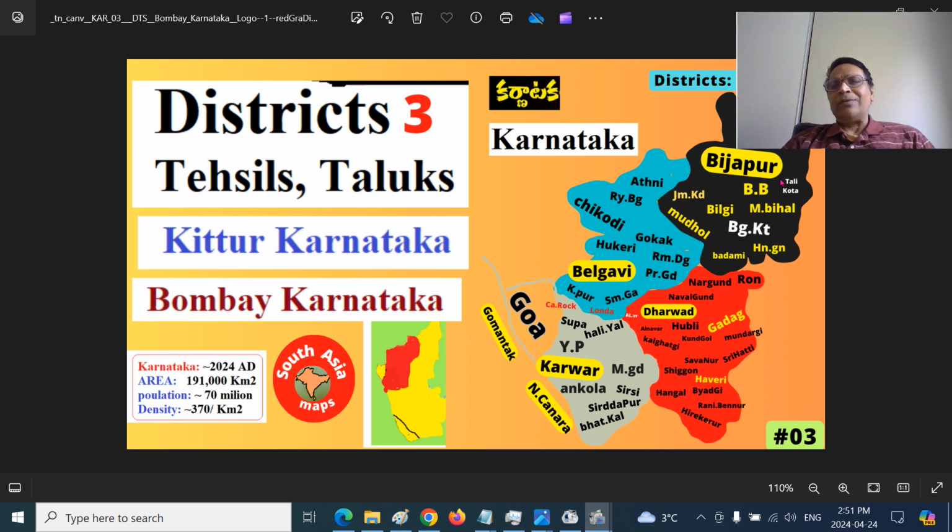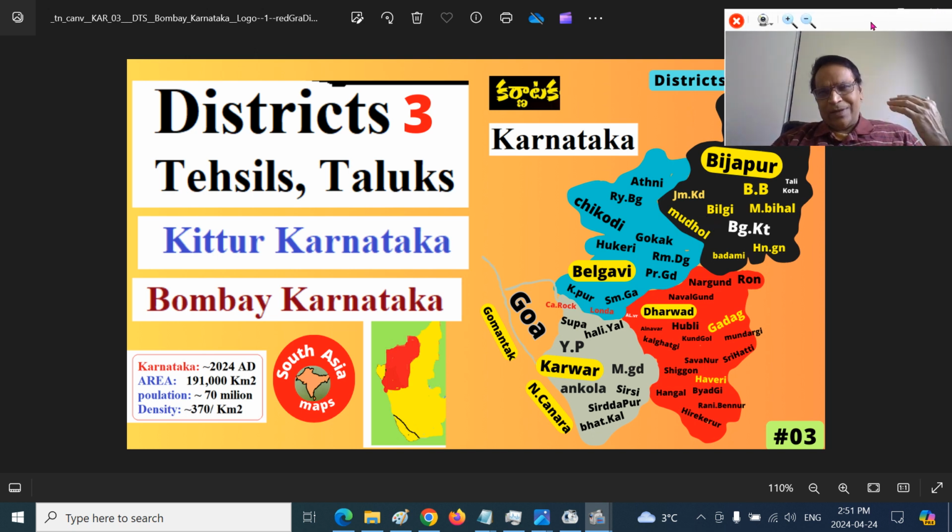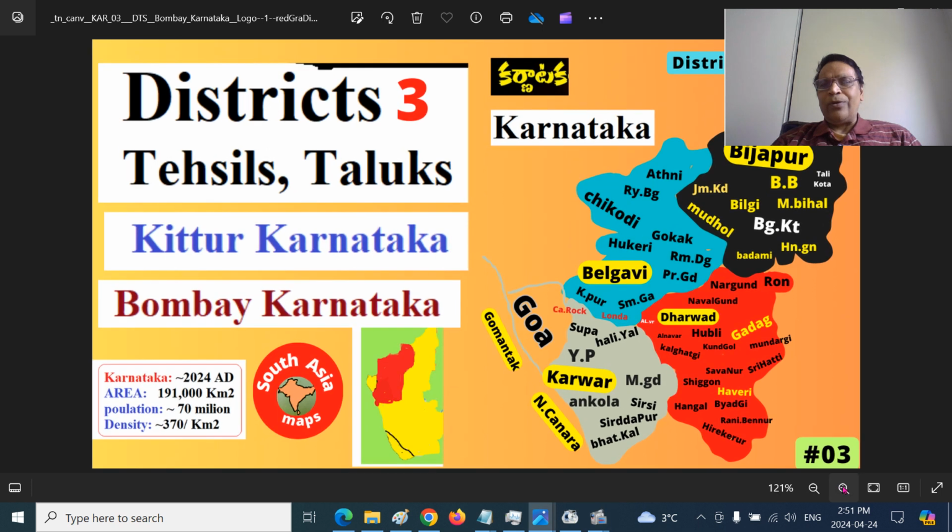So this is the Bijapur district. Dharwad district is a very important district. The railway junction resides in Hubballi, a few kilometers southeast of Dharwad town itself, so Dharwad-Hubballi we can very easily remember. Other major centers are Gadag, now a district, and Haveri, also a district now. In the north of Dharwad, we have Navalgund, Nargund, and Ron taluks.